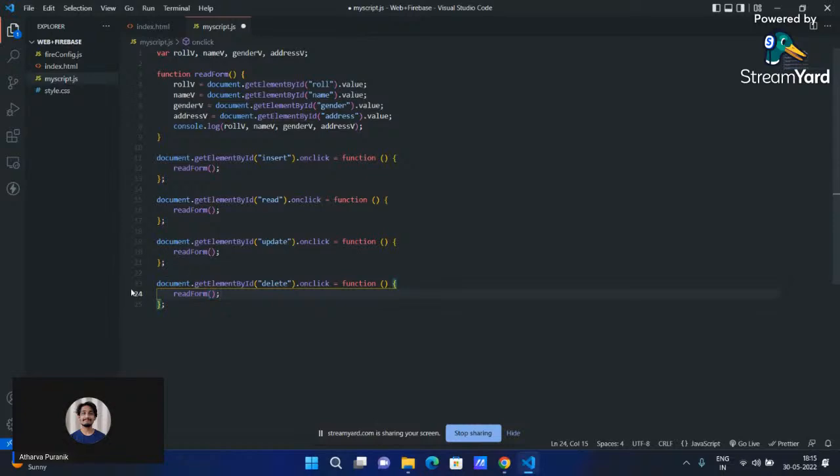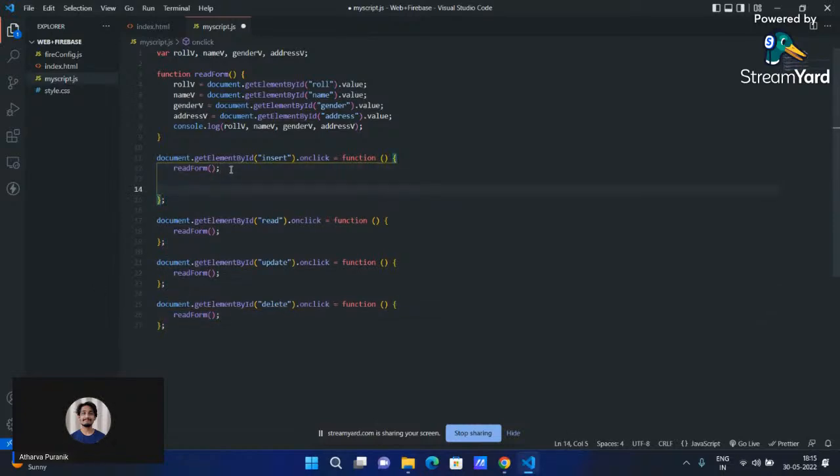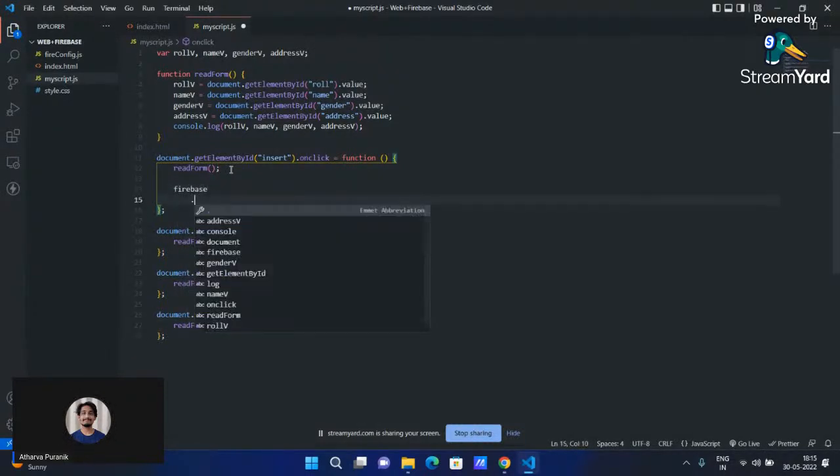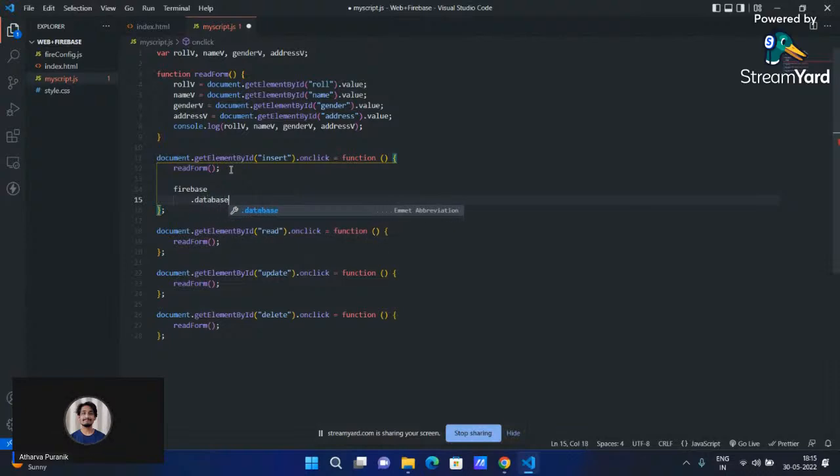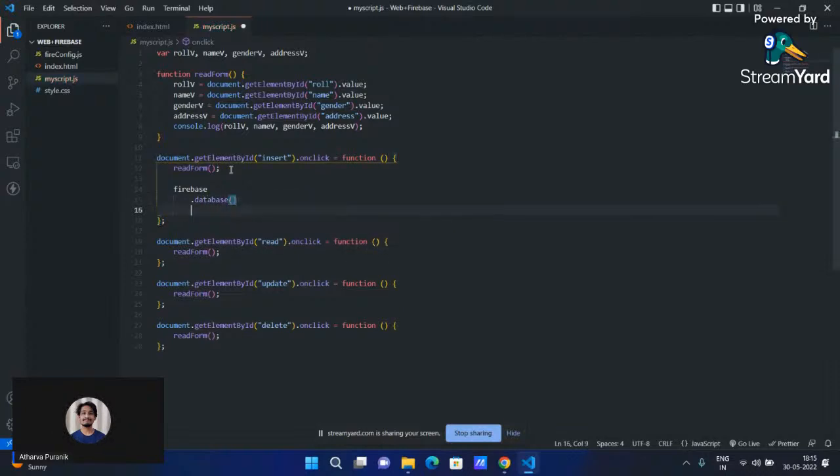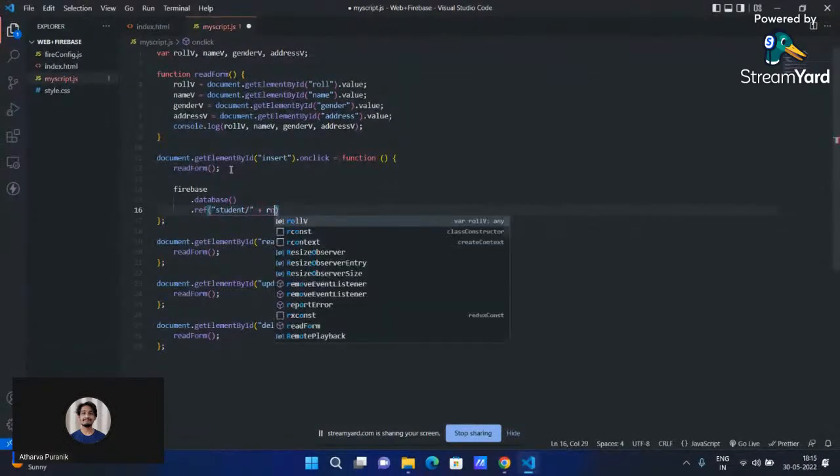Okay, so starting with insert. What we do is we write firebase.database().ref. Now we'll reference it to students, let's say "student/" plus roll v,